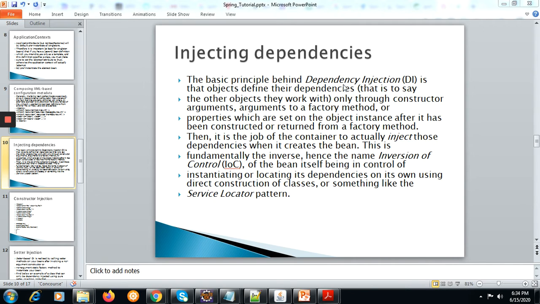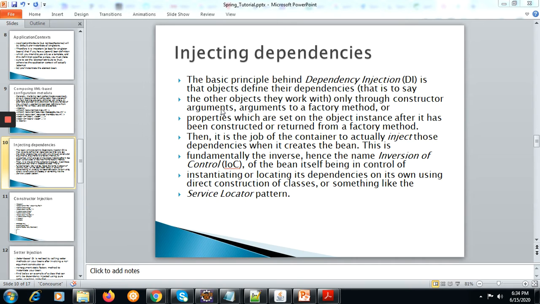The basic principle behind dependency injection is that objects define their dependencies, that is to say, the other objects they work with, only through a constructor argument. So either you can provide the dependencies through constructor arguments, arguments to a factory method, or properties.